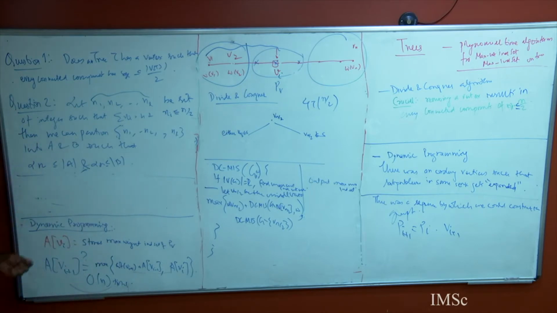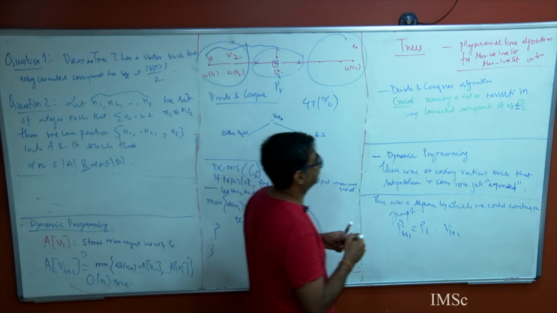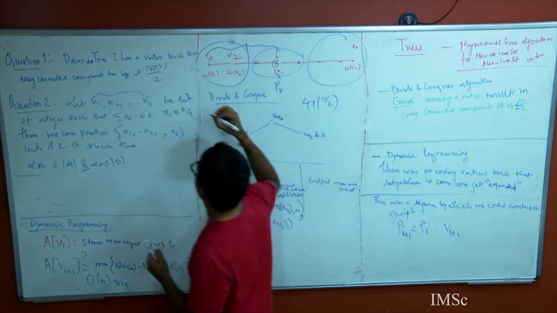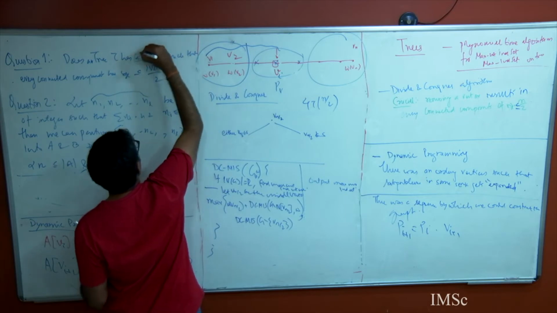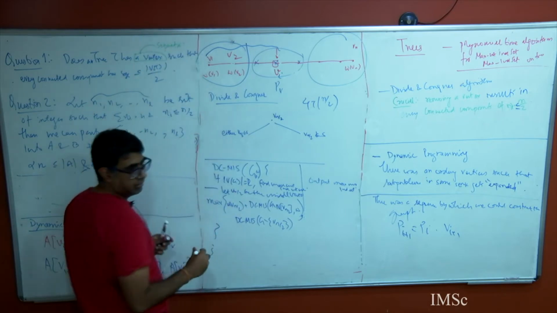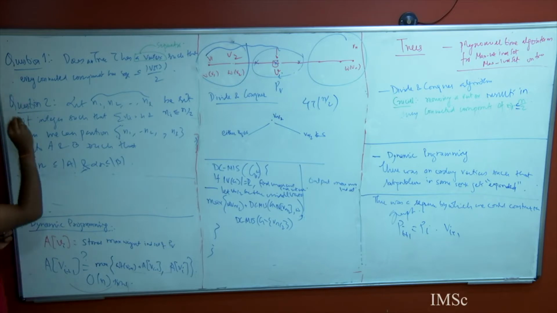What should the vertex V be called? First of all, let's give them names. After you delete V, the graph has lots of components. So this is a separator, right? This vertex is a separator. So such a vertex will be called a separator. Okay, and we'll talk about what kind of separator it is later. So let's start to prove question 1 and question 2 first.